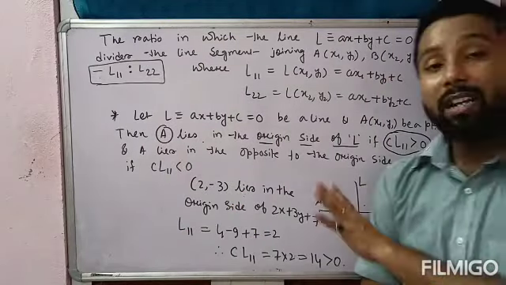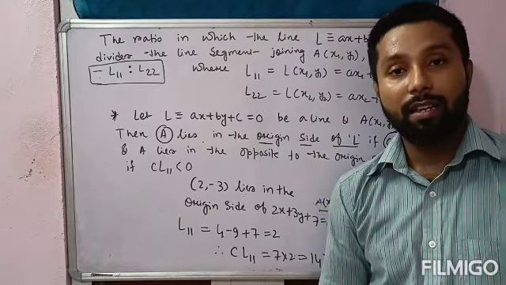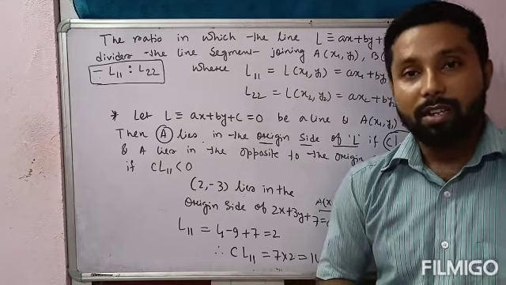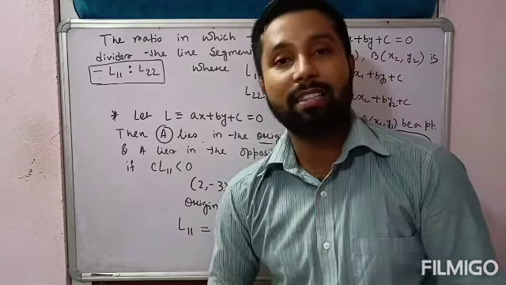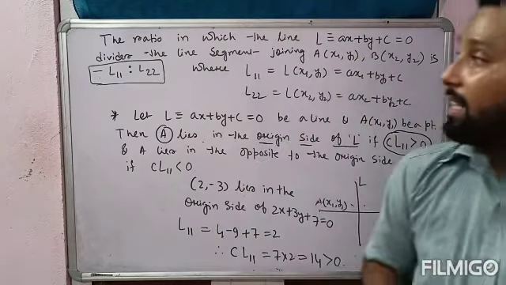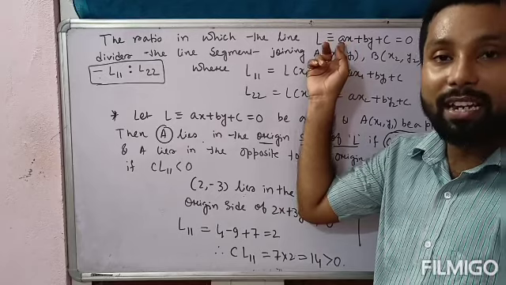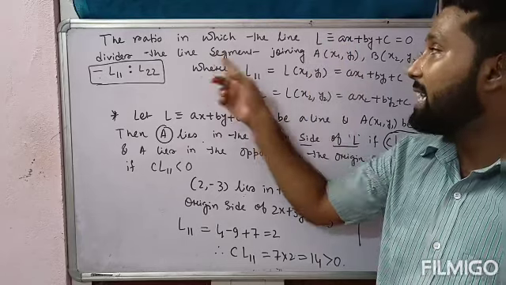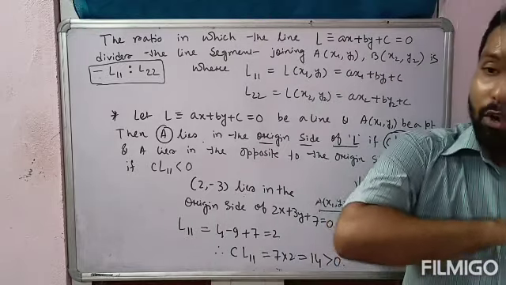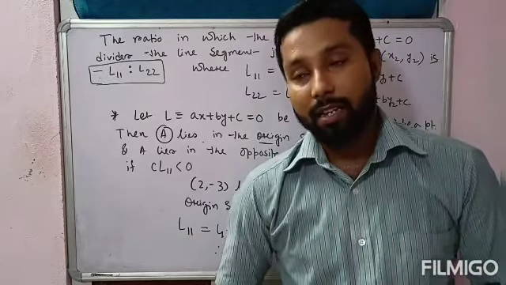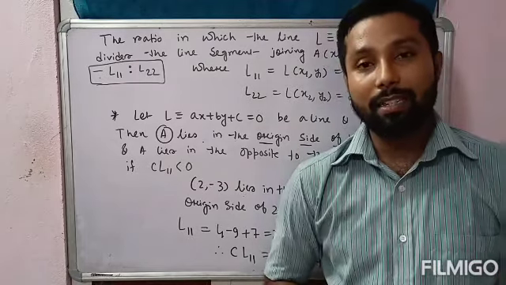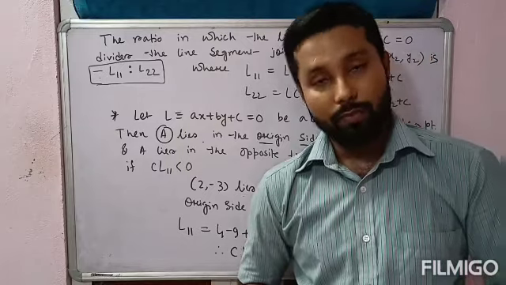Okay? So these are nothing but the shortcut results which you can apply in your objective, in any competitive level exams. Today whatever I have discussed is the symmetric form of a straight line, the parametric form of a straight line, and how a linear equation divides a line segment joining 2 points. All these things you can apply in any competitive level exams. In the next class I will continue the same part, that is straight line only. So for today, thanks.